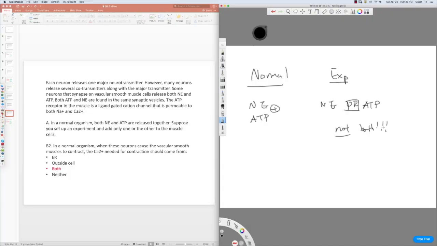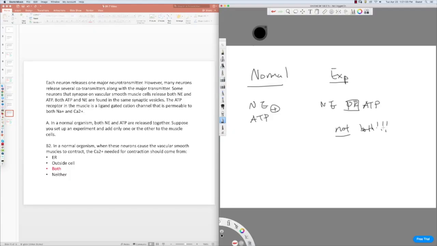So this tells us something. All the problems that we had about whether it's NE that's important or ATP that's important, we were only asking these questions in part A because part A specifically tells you this is not in a normal organism or in real life, but rather in an experimental condition where you're only adding one or the other. But of course, part B is talking about real life,